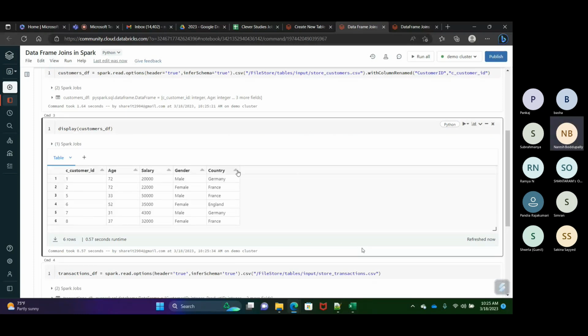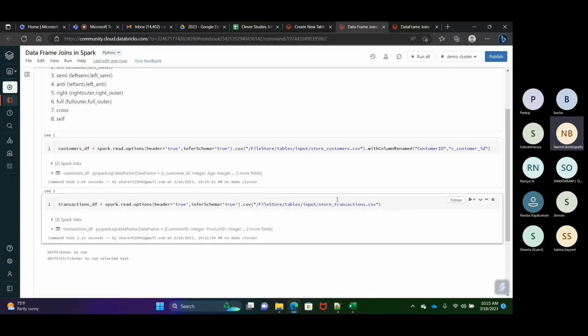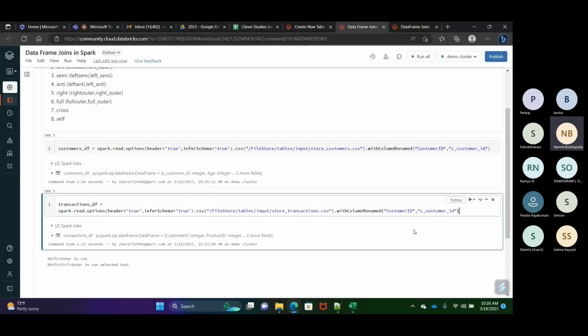You leave the others, since these are only single words, so we no need to change, but I want to change here. I change this column. The same way, I will delete this and copy and paste the same thing. This is T, transactions, right? This is transaction. So if you want to see, dot show,